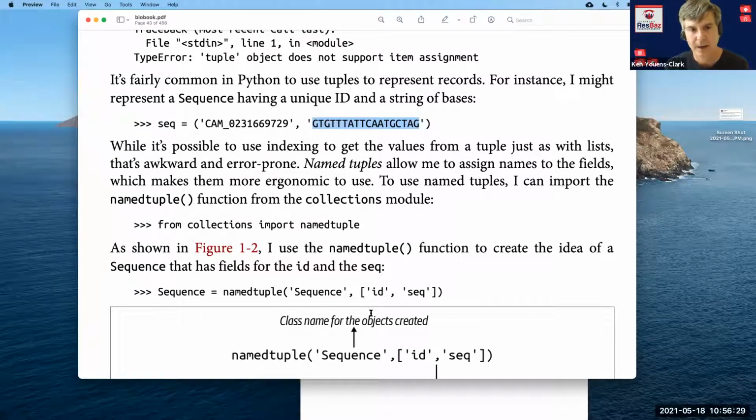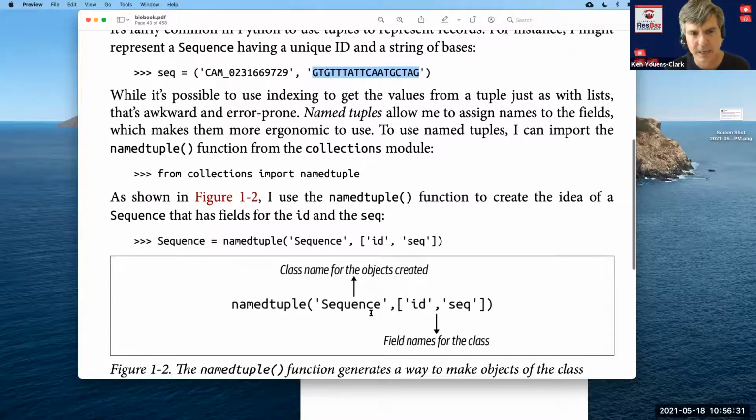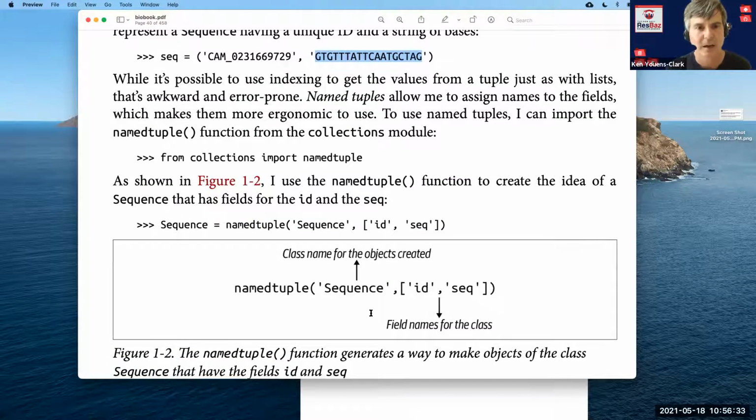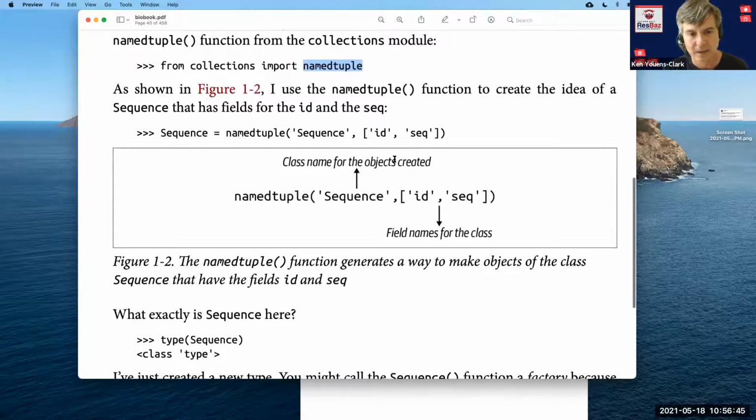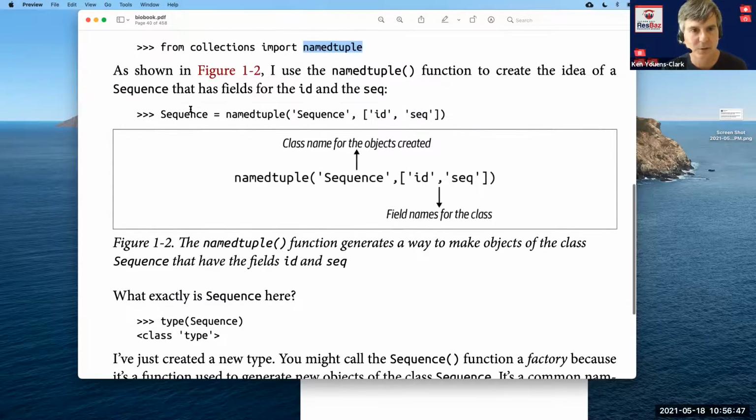I can create this little helper called a named tuple that allows me to talk about the fields. So instead of talking about the 0th field or the first field, I can instead talk about the ID and the sequence, which is a nicer way to talk about that. I can do that by using this function called namedtuple.